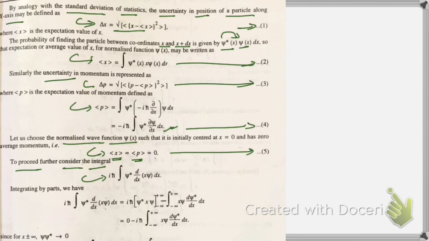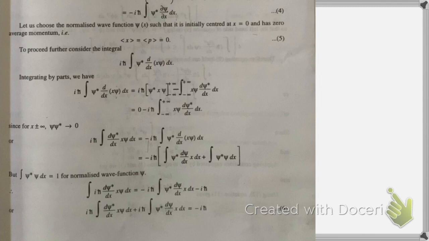Integrating by parts, we have got this result, right? So I hope you know how to integrate. So now you see from here what we can do. Integrating by parts, in the previous slide we discussed up to this point. Now, integrating by parts, we have got this result. So now you see, the integral of psi star psi dx is equal to 1 for a normalized wave function. So the above result becomes, again in equation number 6, here in these two parts you will have